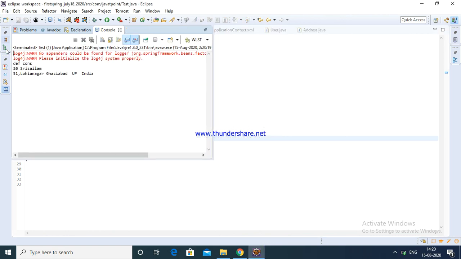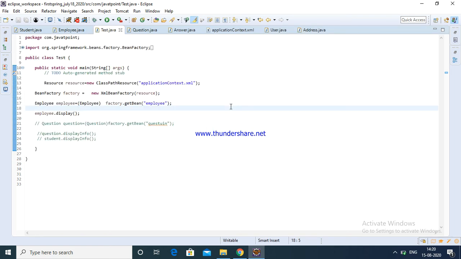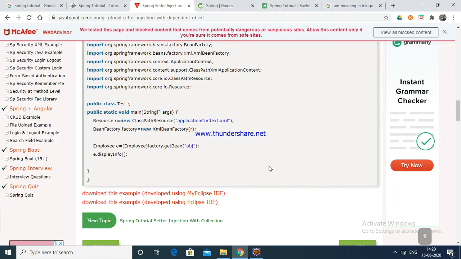Now see, the default constructor is displaying something. Okay, this way we are completed.